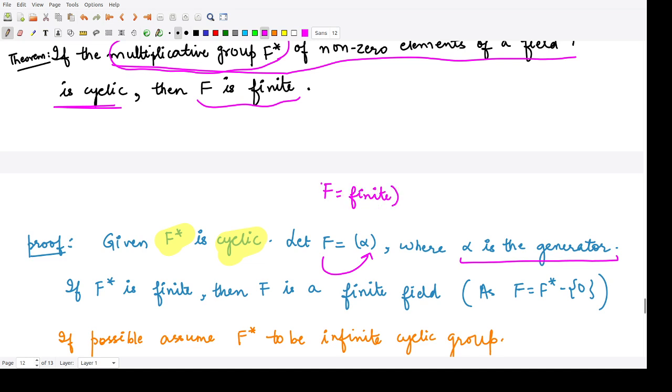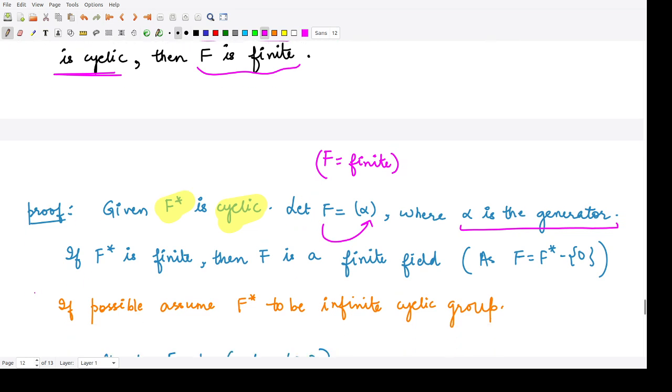So for that, we assume the case that if F star is finite, what about F? Then F is also a finite field, because we only add a single element 0 to it. Because if this is finite, then when we add one single element 0 to this finite field, it would also be finite. So in this case, the result is proved. For the second case,